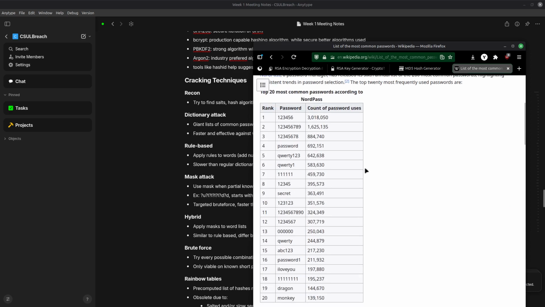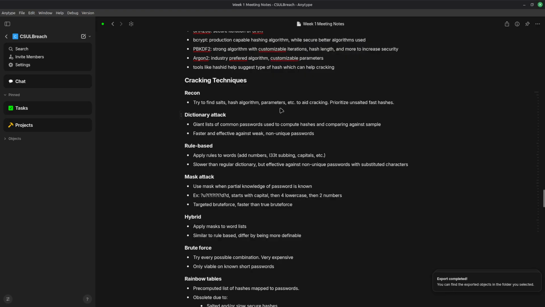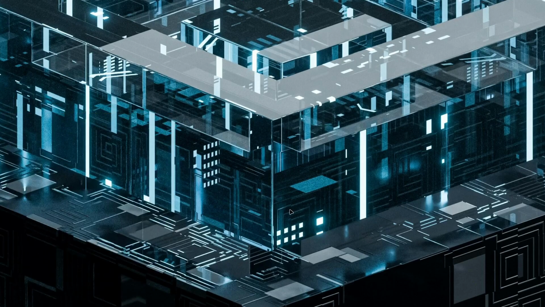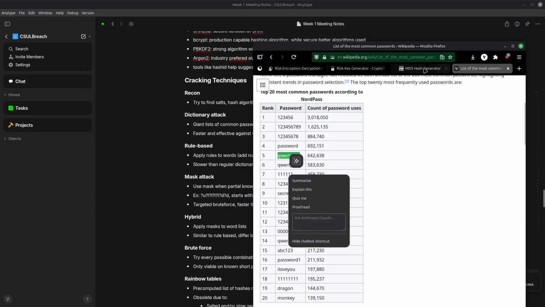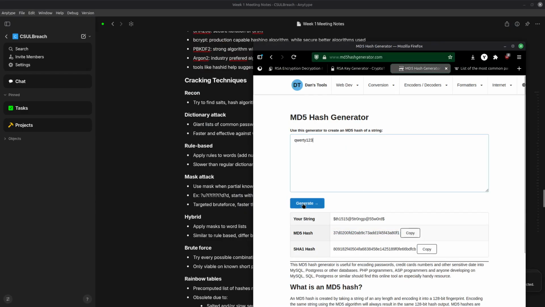So if I had a database of, let's say, the 1,000 most common passwords, I can then compare the hashes of those 1,000 passwords against a database sample. I could do this manually, for example. Let me pull up that list one more time. Let's say this QWERTY 1, 2, 3. I can take this and hash it,